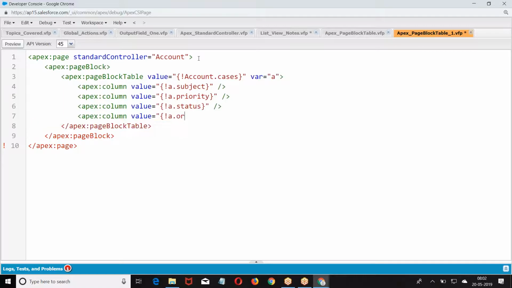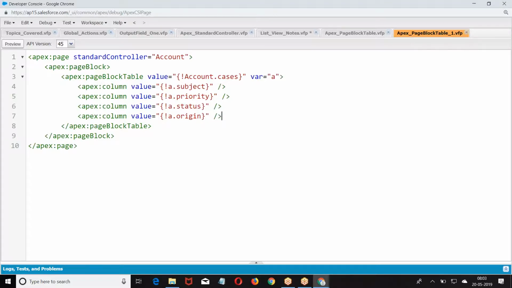Try to understand this. Now you gave account dot case. Now, which account's cases? Table of account, table of cases. I cannot give it directly like this. For a particular account, what are the child cases? Account is a customer. Which cases has this customer raised?